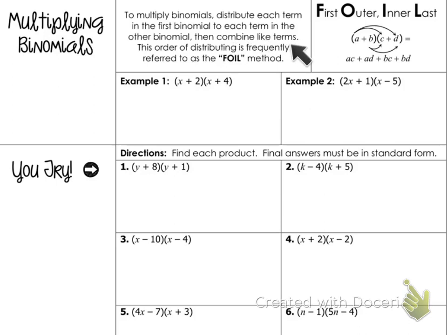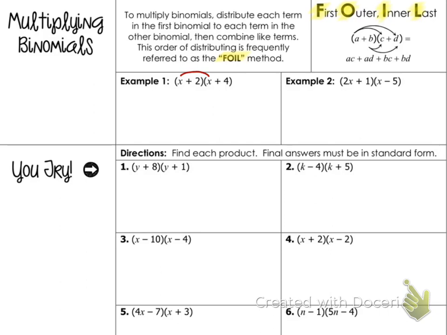Then combine like terms. This order of distributing is frequently referred to as the FOIL method. So FOIL stands for first, outer, inner, last. So first, outer, inner, and last. So for the first example,